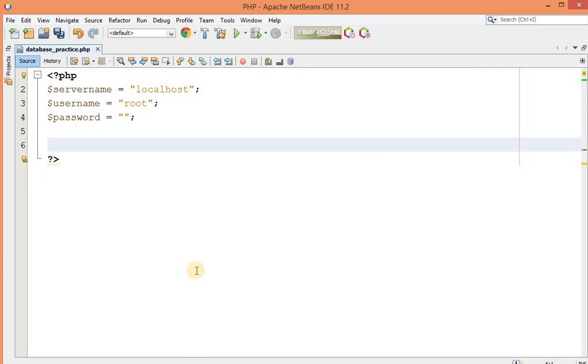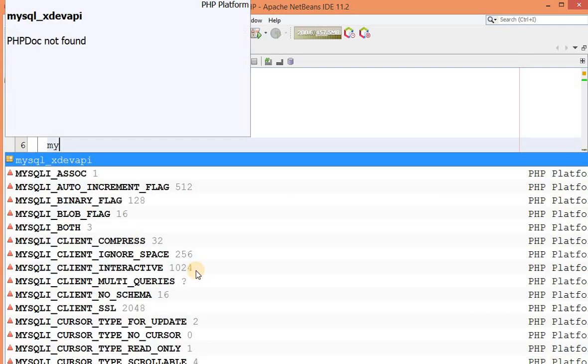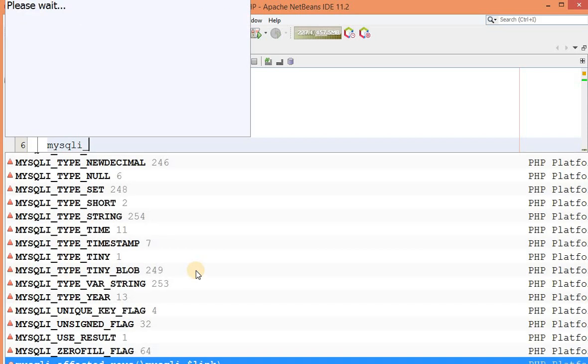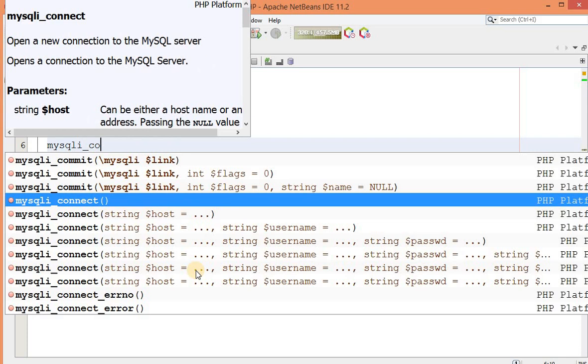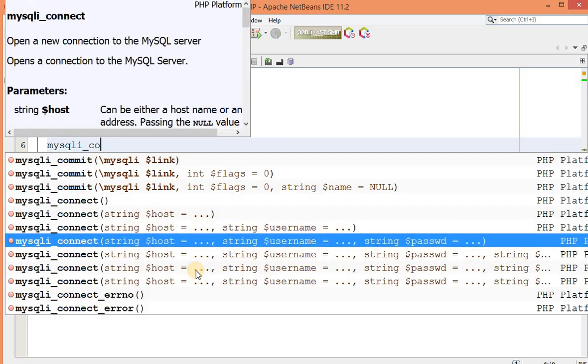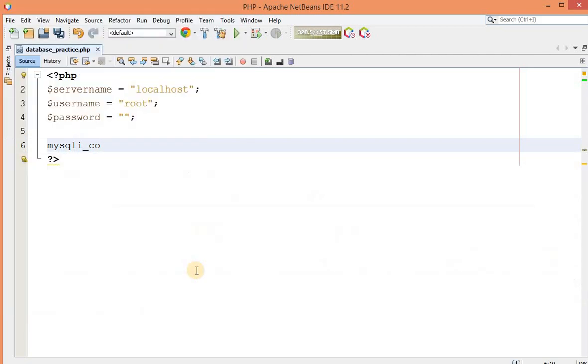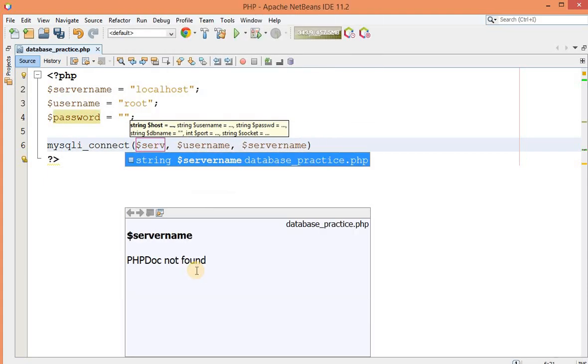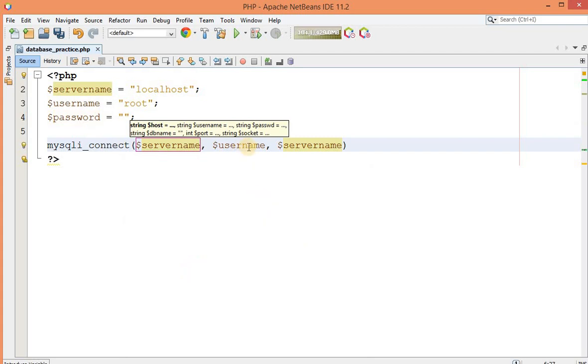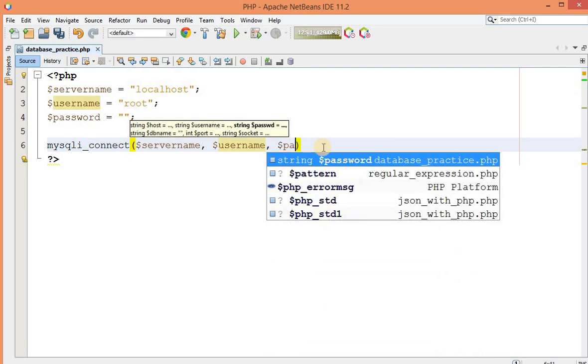Okay, so in this, what I have to do is call a particular method. What is the method name? mysqli_connect. Now over here this is the method. Okay, over here you can see that these are all the variations. And we have our host name, username and password. Okay, so I am just using this method. The first argument must be your server name. Okay, after that it should be username, and after that there is password.